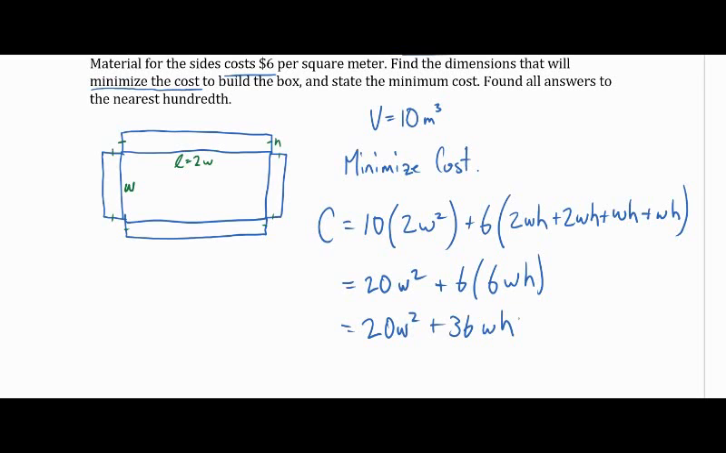But we want this in terms of a single variable. So we want to replace that h with something. So this is where the volume comes in. Volume is equal to length times width times height. The length is 2 width and the volume is 10. So if I sub in 2w times h,